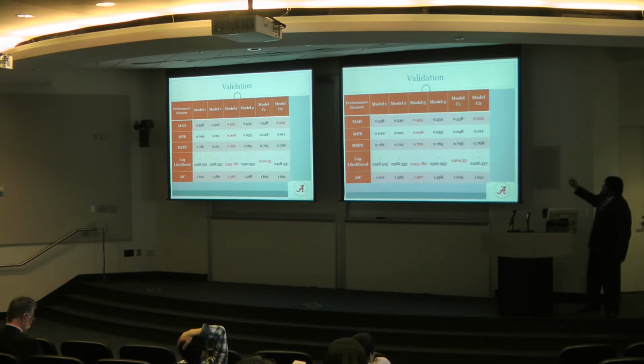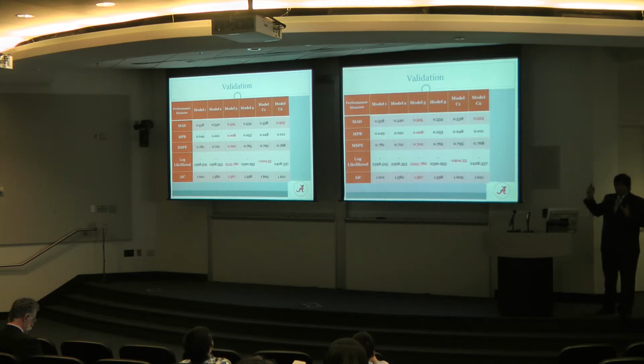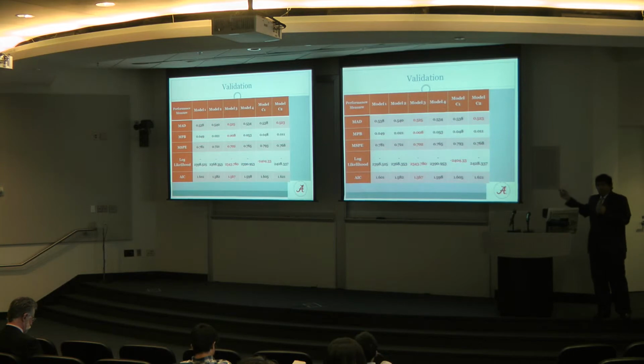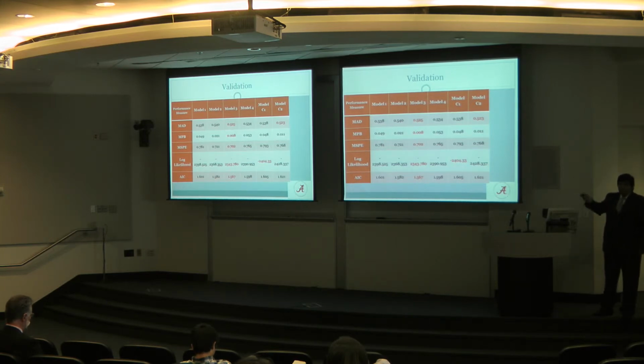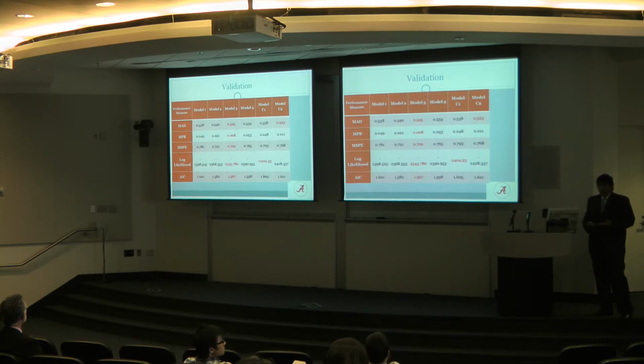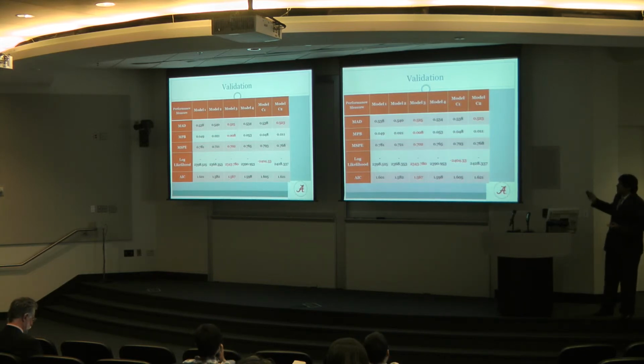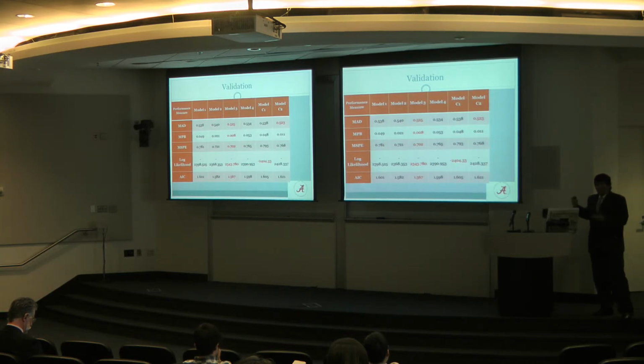And here you see we have compared models 1 to 4, which are the state-specific SPFs which we developed, and models C1 and C2, which are the 2 calibration methods. Calibration method 1 is the one proposed by us, and the second is the one recommended by the Highway Safety Manual. We can see here that if you are comparing across the board, model 3 does best, and it is obvious because we have developed these models based on Alabama data, so it has to do well.